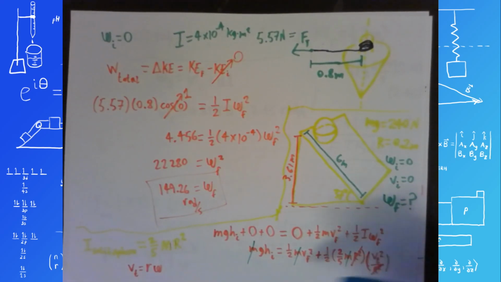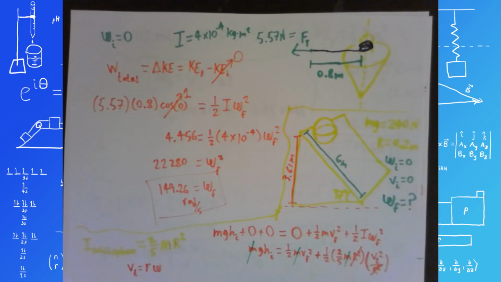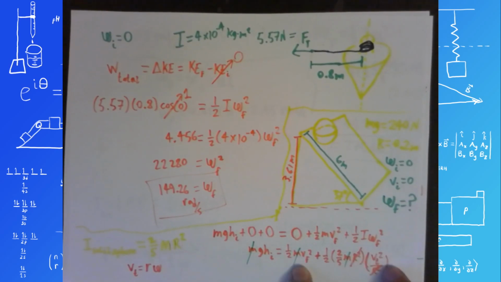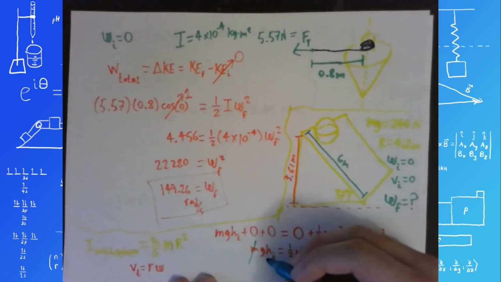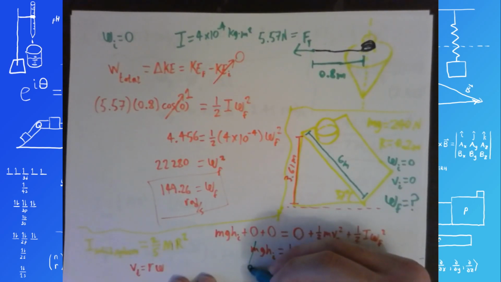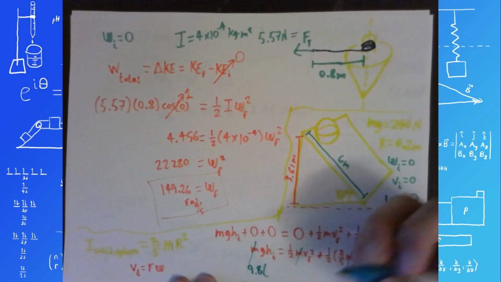And that v tangential squared is equal to this v final squared. So these are just like terms. So we have just one unknown left in this equation. We can solve it. So let's go ahead and do 9.8 for g times